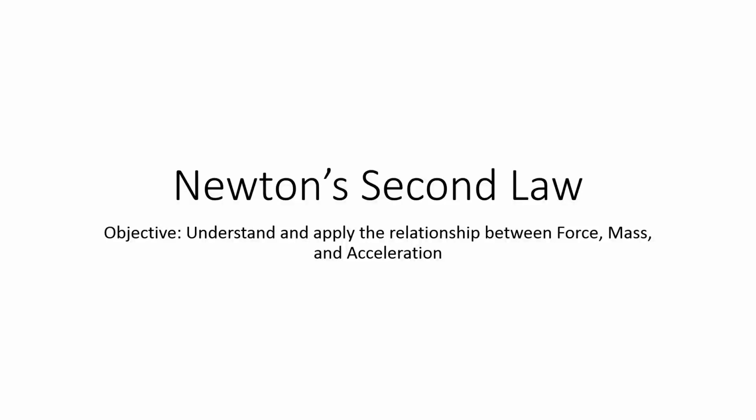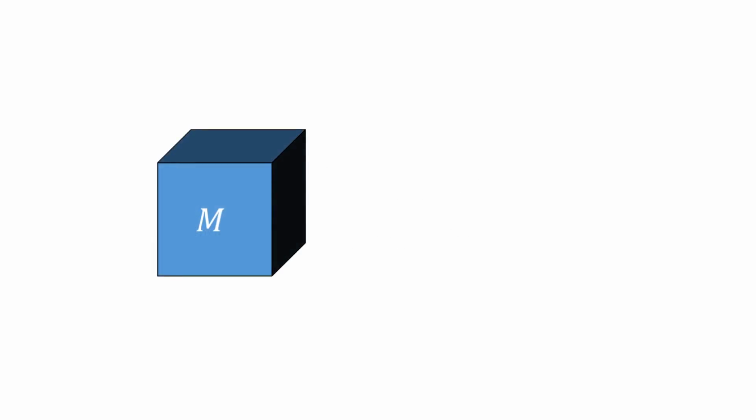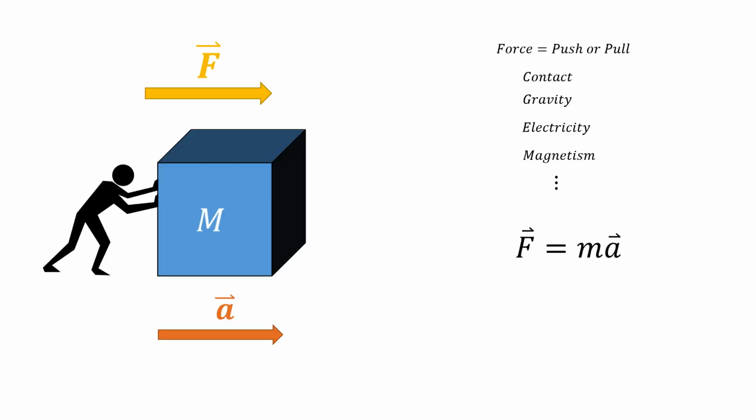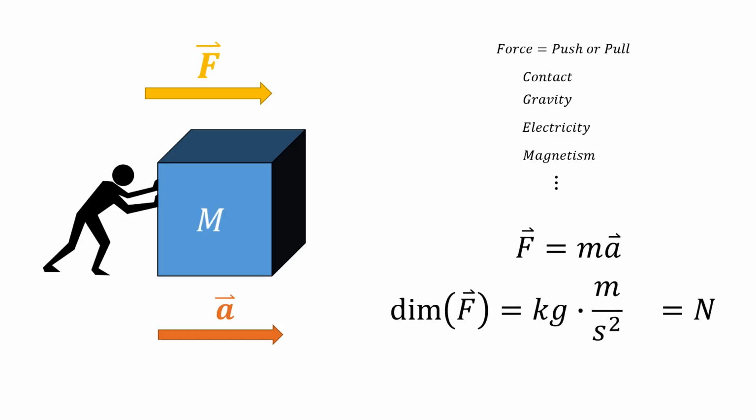The goal of this video is to understand and apply the relationship between force, mass, and acceleration. When you push or pull on an object, you exert a force onto it. The force can come in many different forms, but will always be proportional to the product of the acceleration the object has and how much inertia, or mass, it has. Mass is measured in kilograms, so the dimensions of force are kilogram meters per second squared, which we call 1